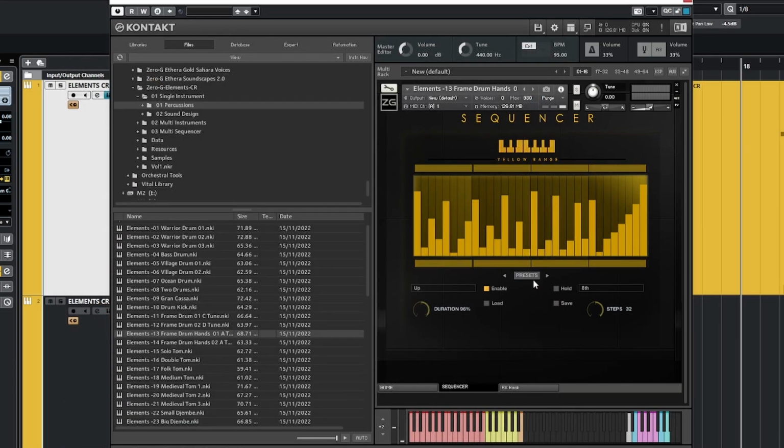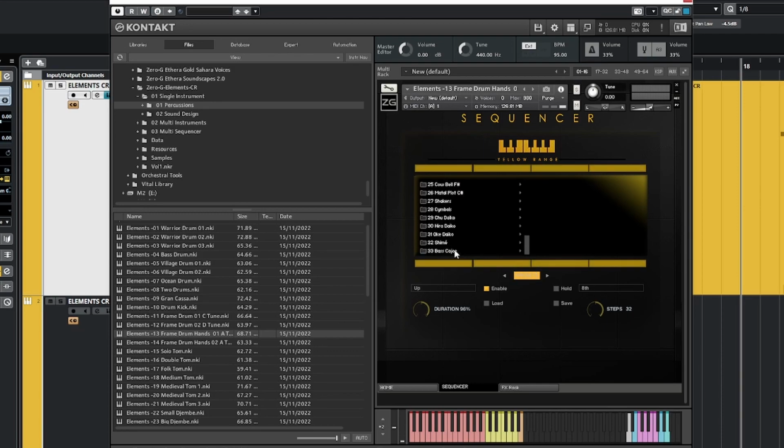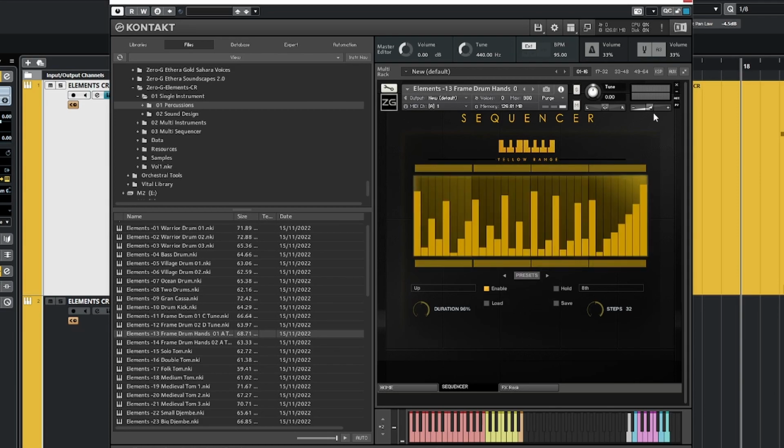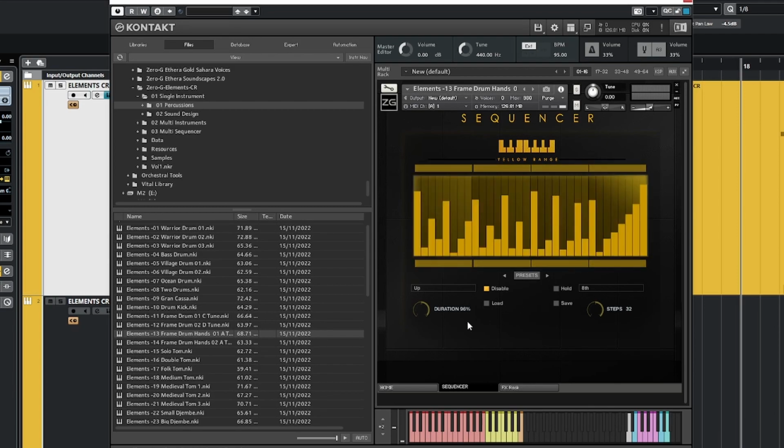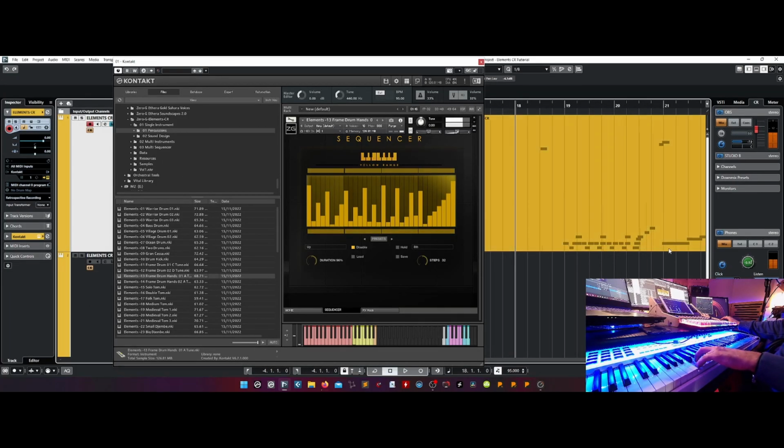Well, if I click on presets, I can't see the folder because I need to reset the engine. To do that, just click on this icon here. Now I can click on presets and I see the user folder, and there is also my preset that I can load. Okay, so this is the workflow,